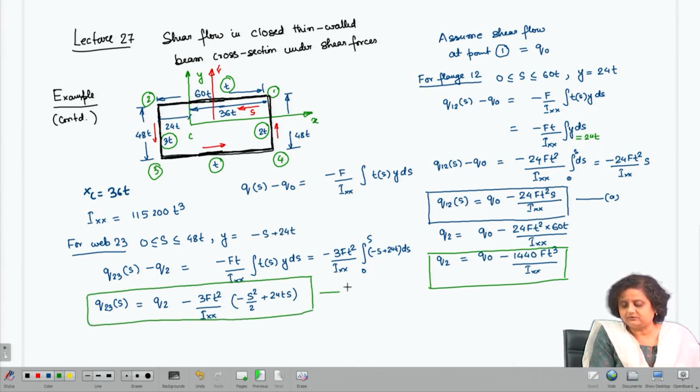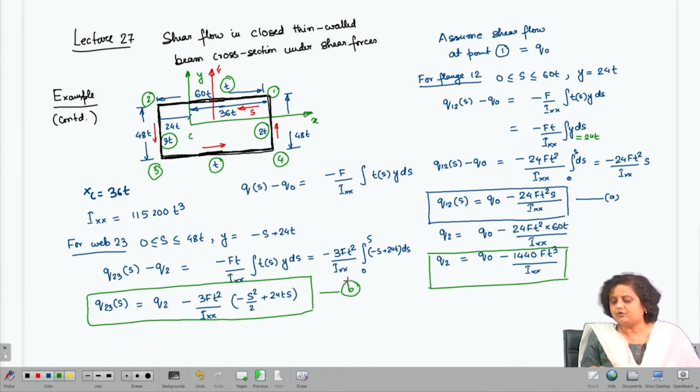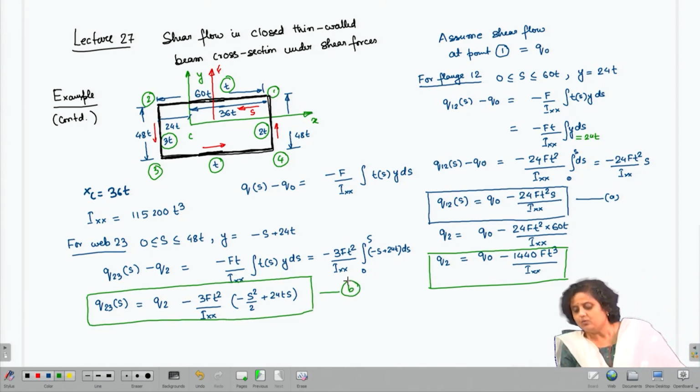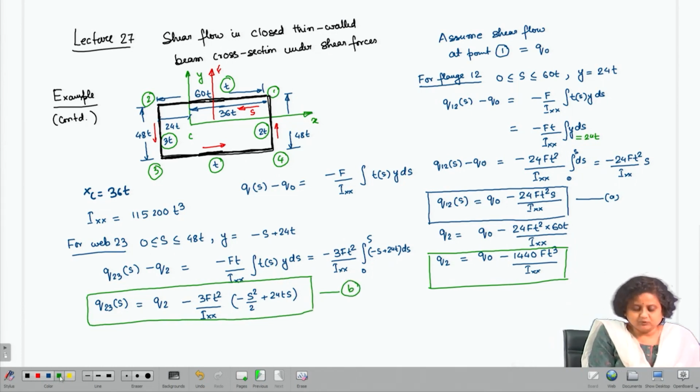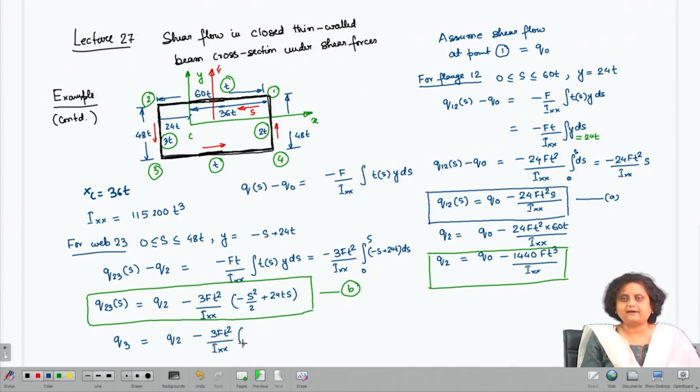Let me call this as B. Now, from expression B, we can say that Q3 is therefore Q2 minus 3F t square by Ixx. In place of s, I have to mention it as 48. So, if I substitute 48, then we will see,